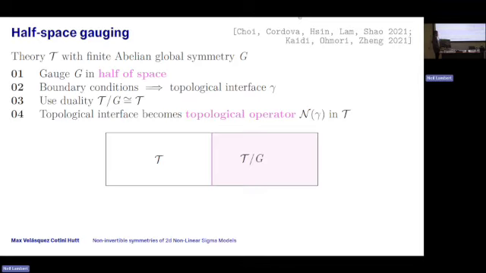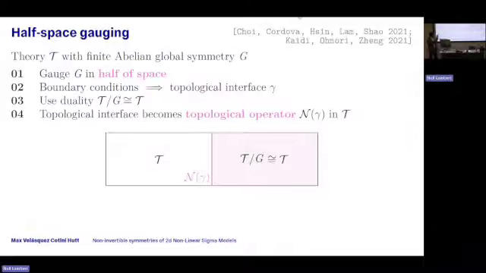And now I want to restrict to a special class of theories, which have the property that this gauge theory is actually exactly the same as the one I started with. Okay? Which is very specific, but if I can get myself to this situation, then I have the same theory T on the left and the right. And instead of understanding this interface as something mapping me between one theory and another, I understand it as a topological operator existing within a single theory T. And if I have a topological operator, then I'm meant to understand that I have a global symmetry.